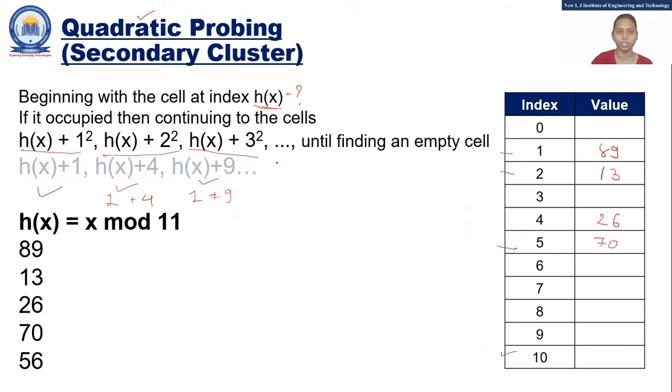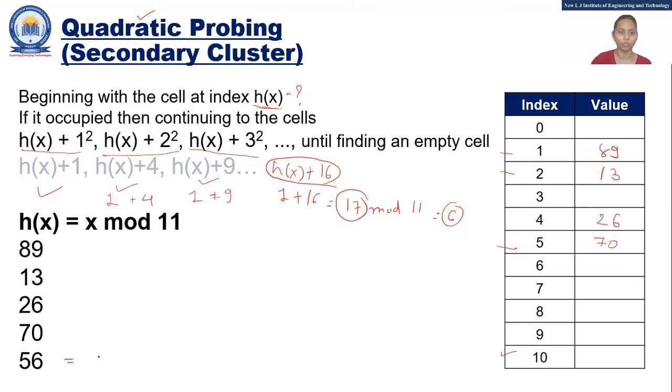Obvious question comes, that is, and this is not possible because 1 plus, consider the case where 10 is also occupied. In that case, what can you do? 1 plus 16, that is 17. And the 17 index is not present in your hash table. In this case, what can you do? In this case, you provide the mod of 17. And mod of 17 is what? 6. So next valid number is 6.